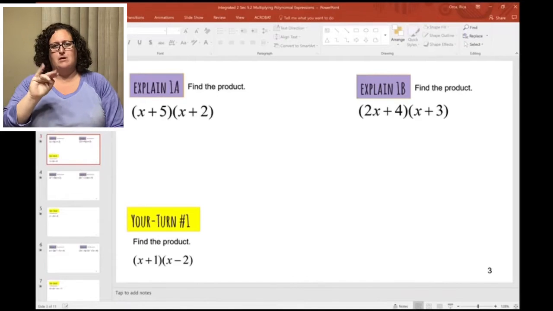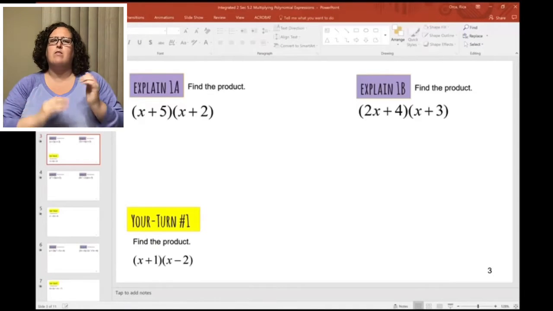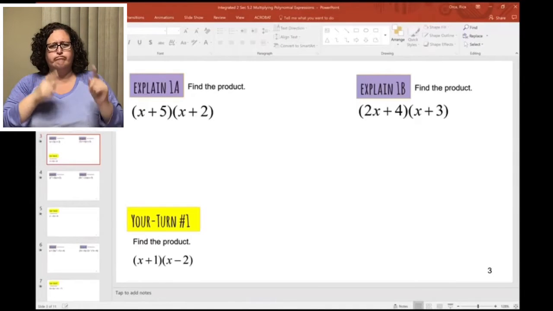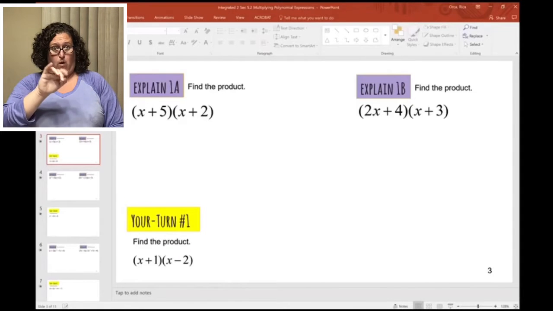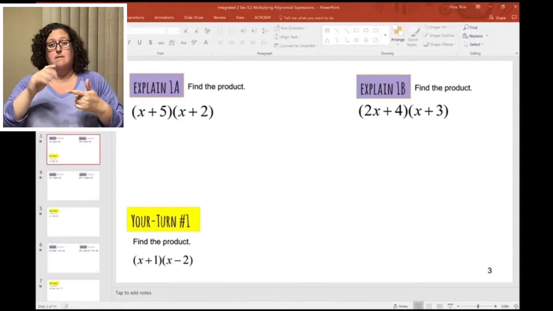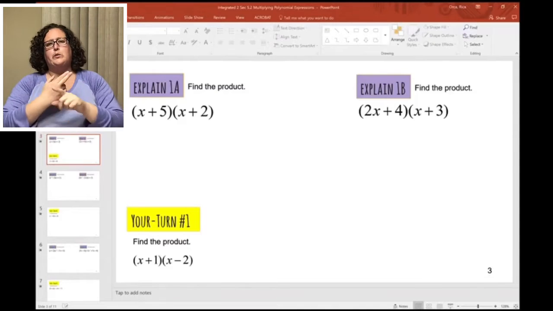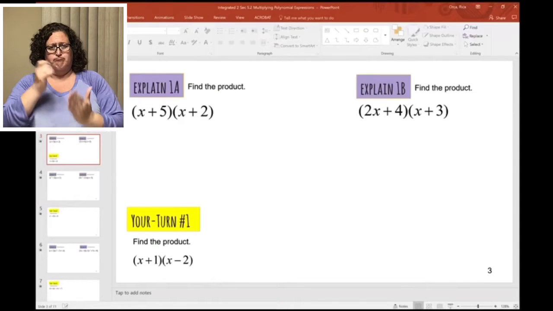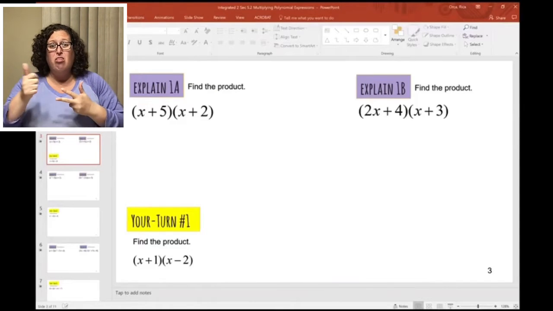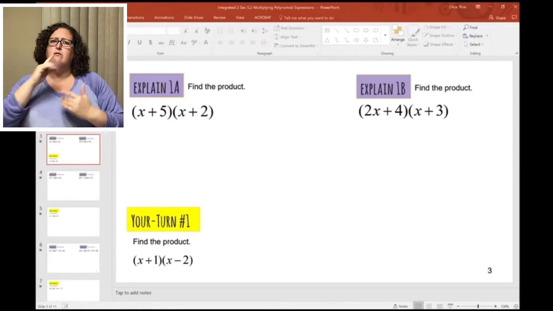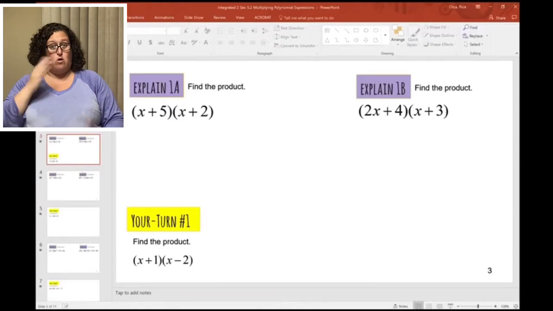Now there's more than one way to multiply two binomials. There's FOIL, there's the box method, or the distributive property. In this video, I'm going to show you how to use the box method. But if you know how to use the two other methods that I've mentioned, feel free to use those methods in your homework. For the box method, I'm going to draw a box,